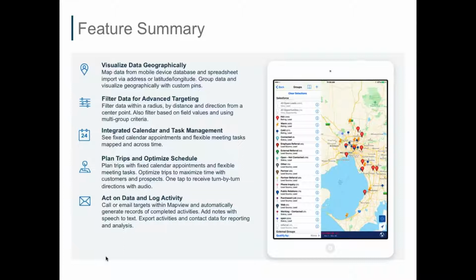And one of our newest features is that you can export all of those activities to a CSV file for reporting. You can also export all of your contact data and notes. That's been a very popular add-on feature that we recently rolled out to help everyone with any weekly or month-end reporting that they need to complete. So that was just a real quick high-level overview of the app.